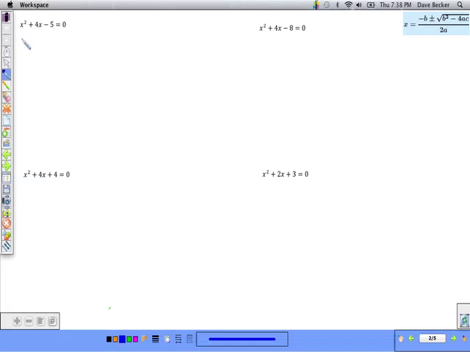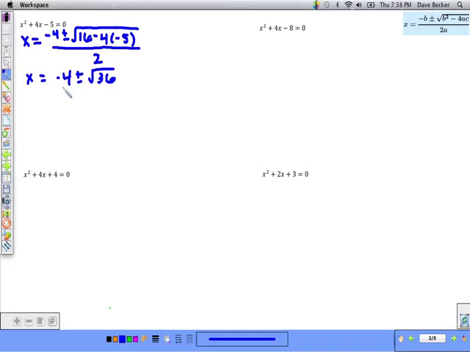Okay, so I'm just using the quadratic formula which you're familiar with, so that's going to be x equals negative b, so that would be negative 4 plus or minus the square root of b squared, which is 16, minus 4 times a, which is 1, times negative 5, which is c, all over 2a, which is 2. Simplifying that, we're going to skip steps in the interest of time. We get negative 4 plus or minus root 36, since 16 plus 20 is 36, over 2, which gives us x equals negative 4 plus or minus 6 over 2,